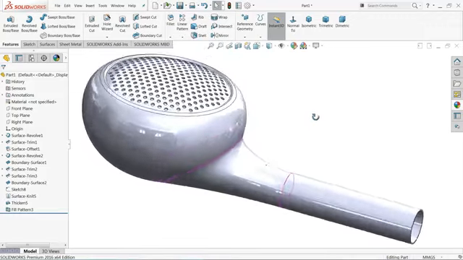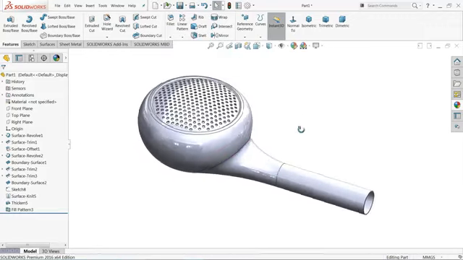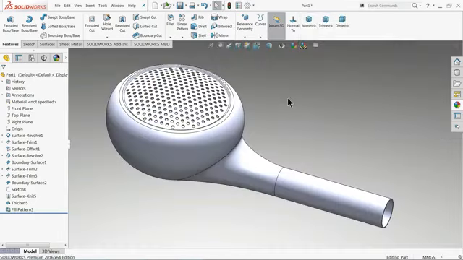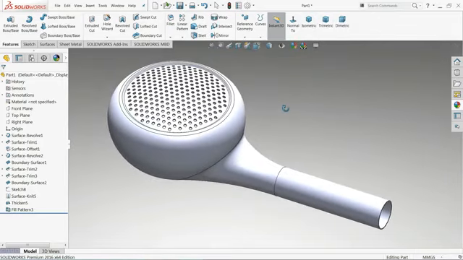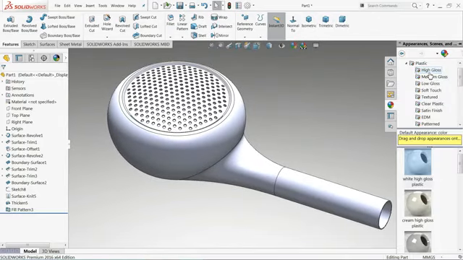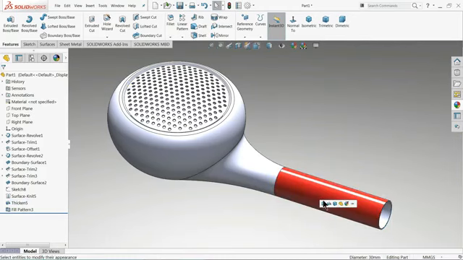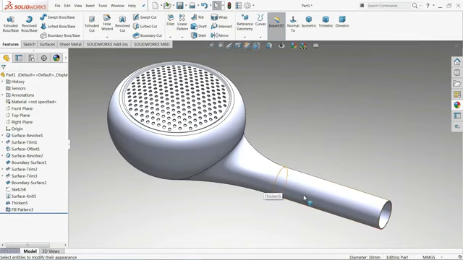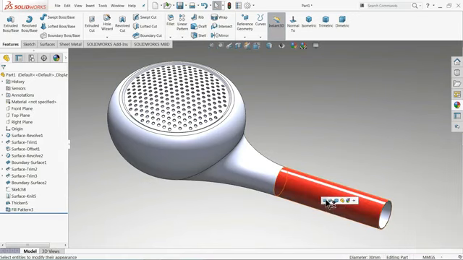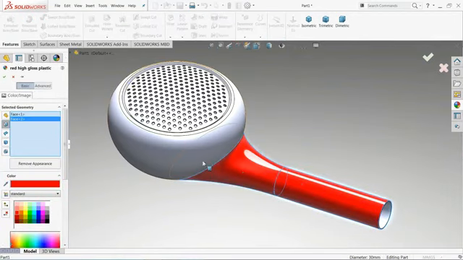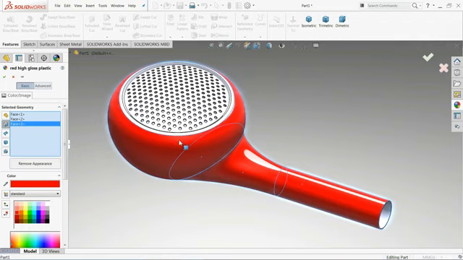Now if you would like to define some color or anything like that, let me select, I'll choose this face, then I'll apply here high gloss plastic, select this face, select this one, this color, select all these bodies with the same color.